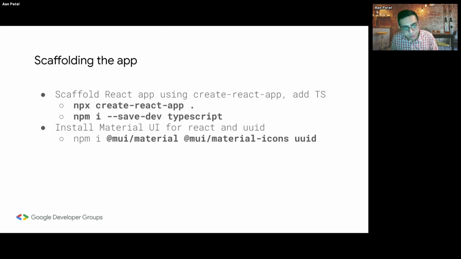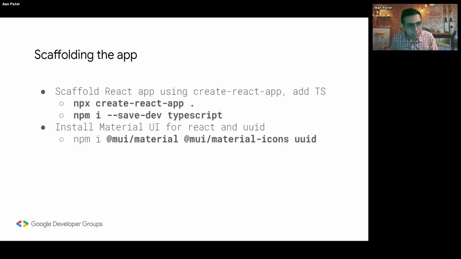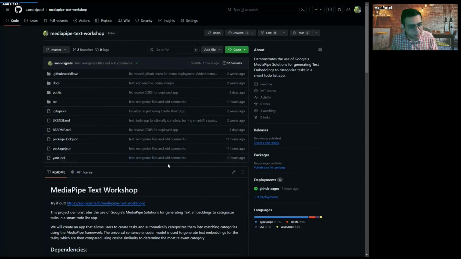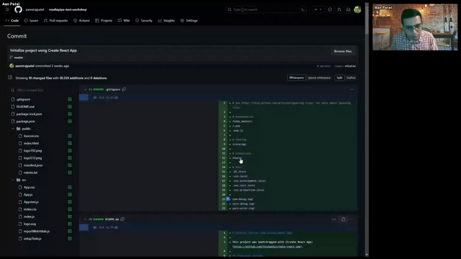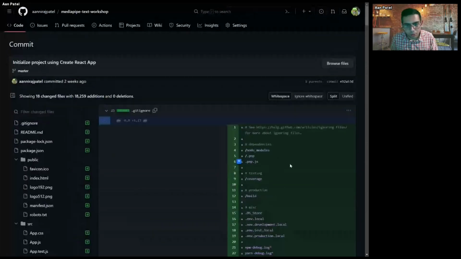I installed TypeScript, which lets you write JavaScript but in a type-safe manner. And then I installed a couple of dependencies to get Material UI for React, so those Material UI components that look and feel like you are on an Android phone, and a few other libraries like UUID. This is not a comprehensive list, actually. Let me shift to the code commits. That's actually better. So if I zoom in,